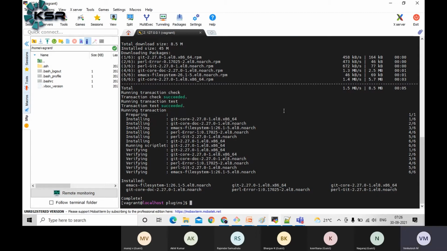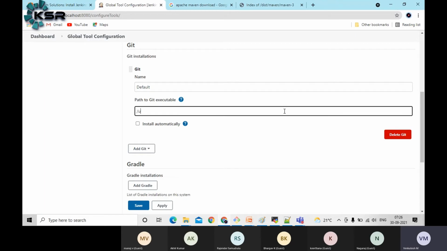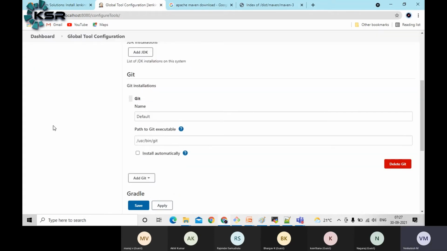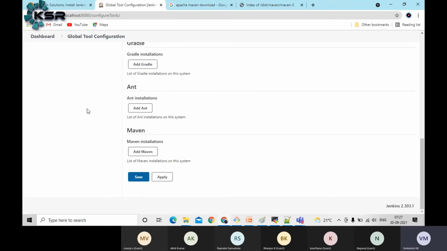Yeah. Now Git is getting installed. By default, it will look at something like /usr/bin. This can be your home path, and you can add Git directly. Then you should not see the exception which you saw earlier, because I already installed Git in the Jenkins VM. Similarly, to compile the code, I need Maven.